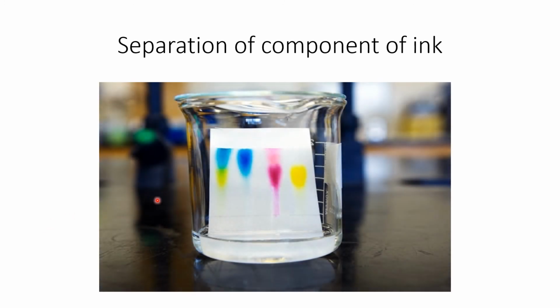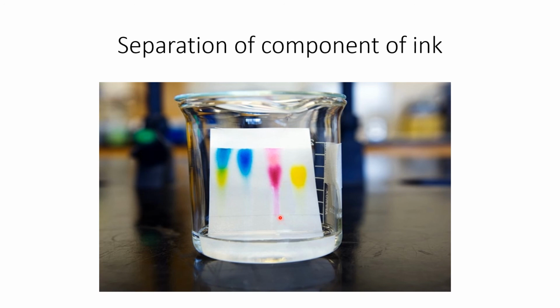So now to understand how the components get separated when they are run in a proper or a suitable solvent, this picture will make your idea clear about it. So this is the glass jar that we are talking about, and this is the liquid solvent. This is the marked line where you have to give the spotting. And as you can see, dear students, the solvent has completely run from the bottom to the top point over here. And as you can see the 4 spots, that means here we have taken 4 mixtures and we